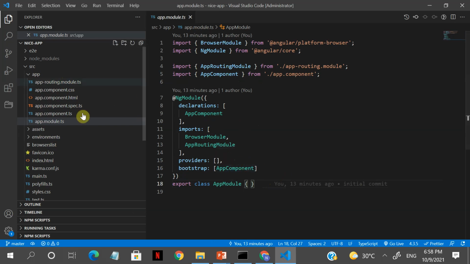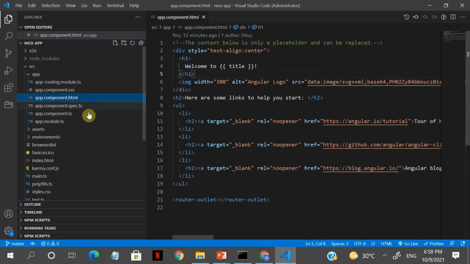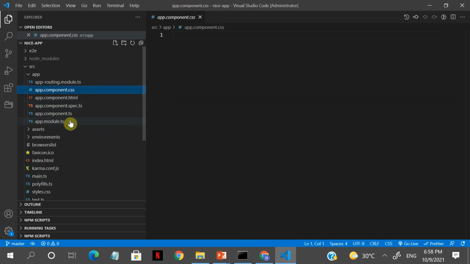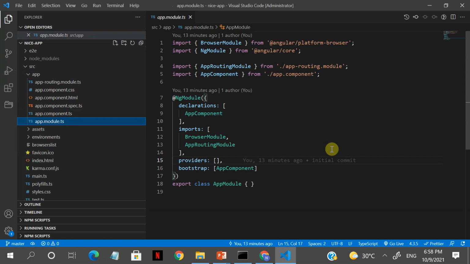By default it will go to this app.component. When you say app component here, it will run this component TS. And if you have any services that you want to inject, or any libraries, you can add them over here. That part we'll see later. So another important file in addition to your HTML, your component TS and your CSS is your module. This module is what basically bootstraps your application. If you know Spring Boot, it is like your core application code which will run your application.